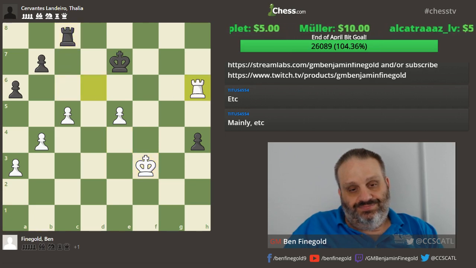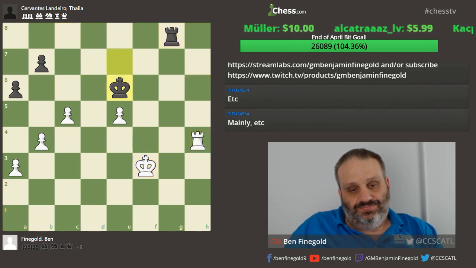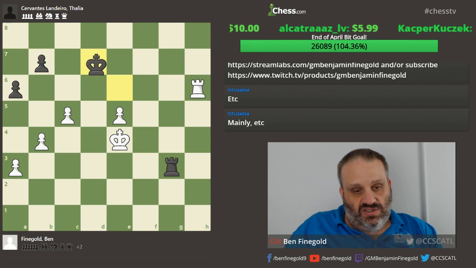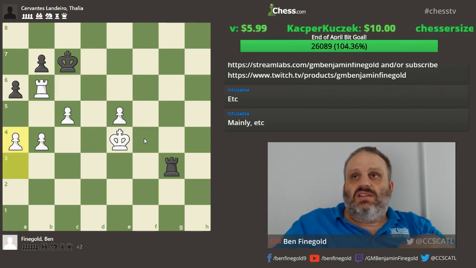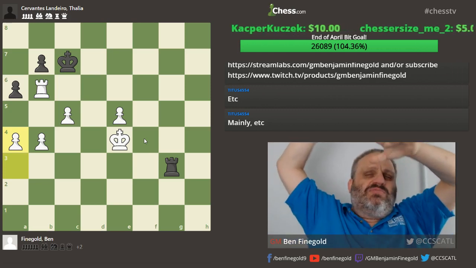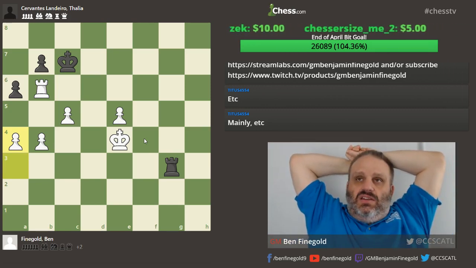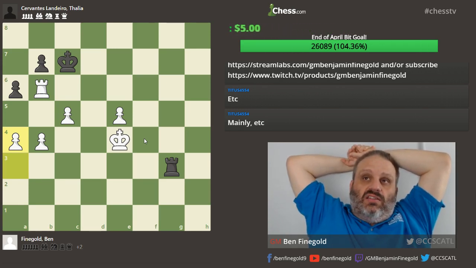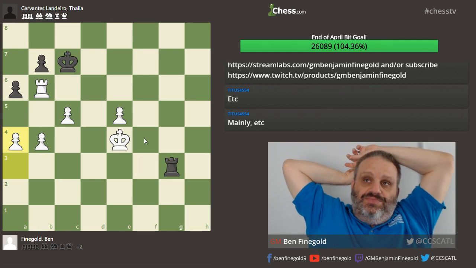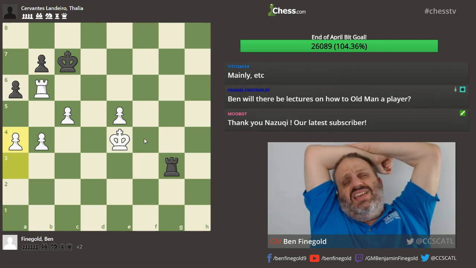This is sort of easy, up 2 pawns. And then she resigned. When the game ended, I was a little surprised she resigned. And I'm up 2 pawns. I figured the computer's going to say +3, but my engine said +8. My engine likes white a lot because that passed e pawn's pretty good. So my old man technique in the endgame was okay.